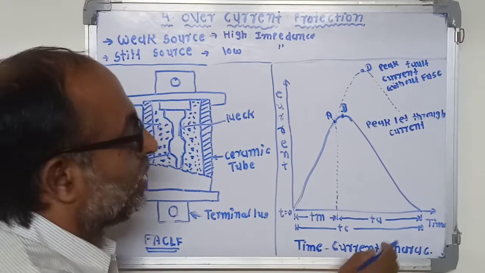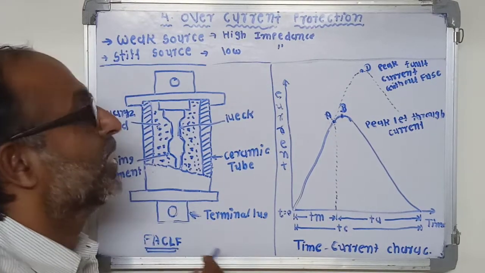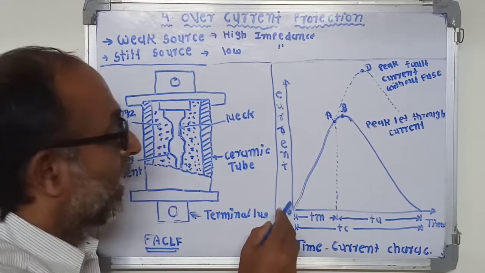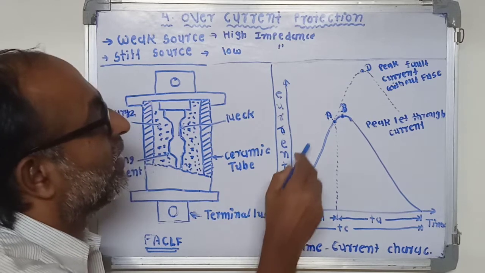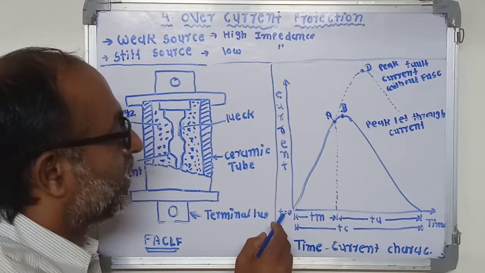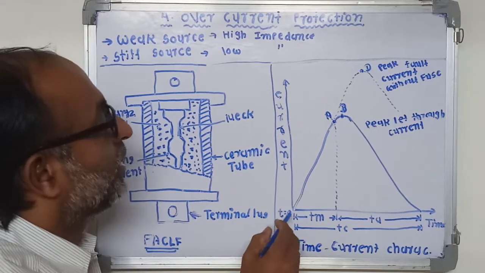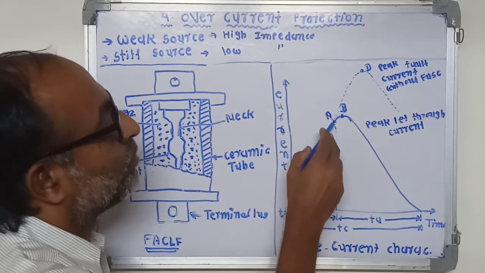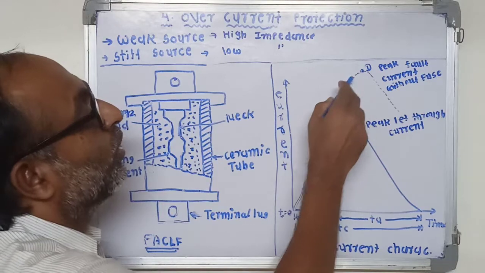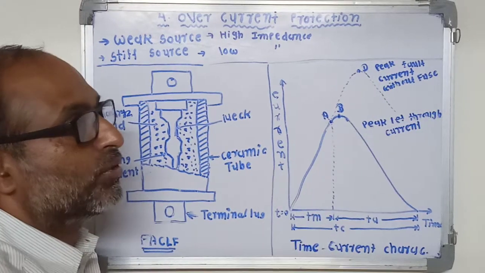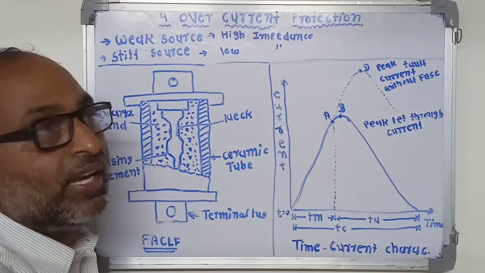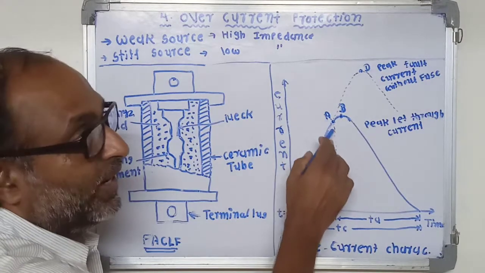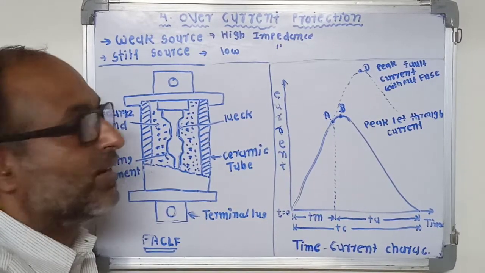Next, time current characteristics of the fast acting current limiting fuse. As shown in this figure, the fault occurs at the zero crossing of the AC line wave, that means at t equal to 0. So without using a fuse, the fault current would rise up to point A and then would follow the dotted curve. If we are using a proper current limiting fuse, it melts at point A. An arc is then struck.